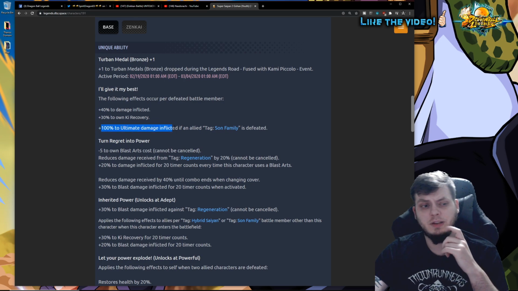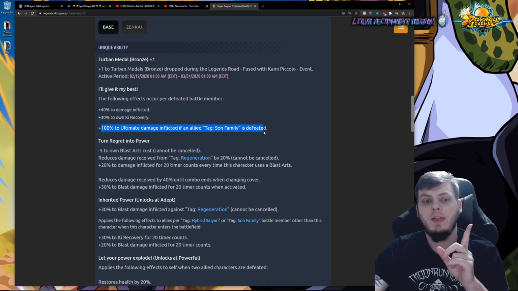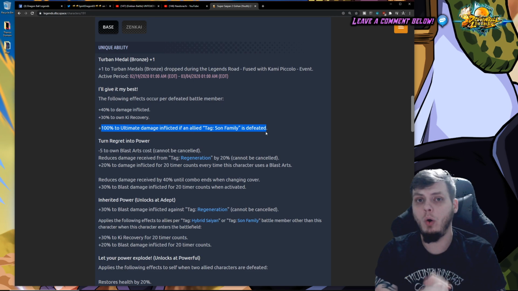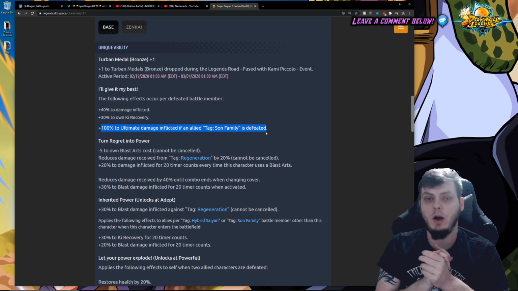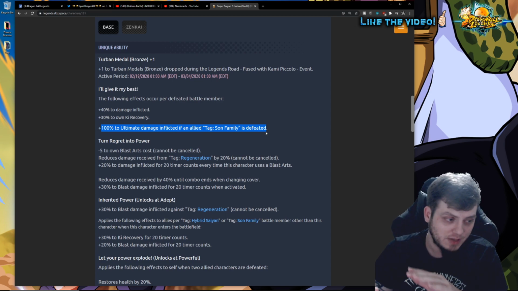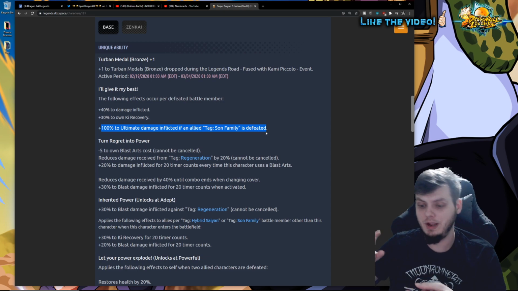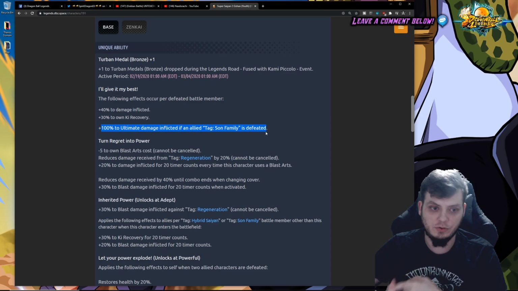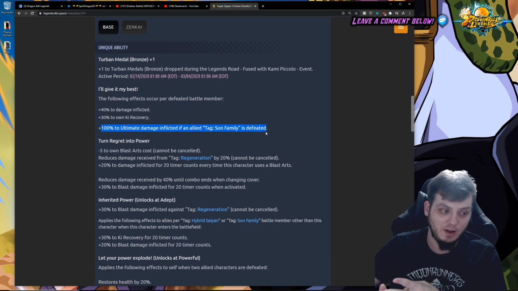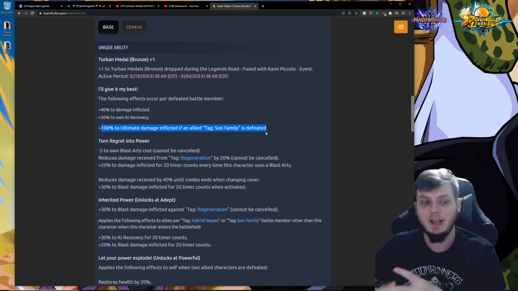Also, plus 100% to ultimate damage inflicted, which did not change from before. However, they've expanded this to just include Son family, not specifically only a Goku character. This opens up the unit for versatility much heavier across just hybrid Saiyans teams that don't include Goku at all. You can now very effectively run him with the red Super Saiyan 2 Zenkai Trunks, although he won't count, but you have the purple Super Saiyan 2 Zenkai Gohan, as well as the blue Zenkai 7 Trunks, and yellow Gohan